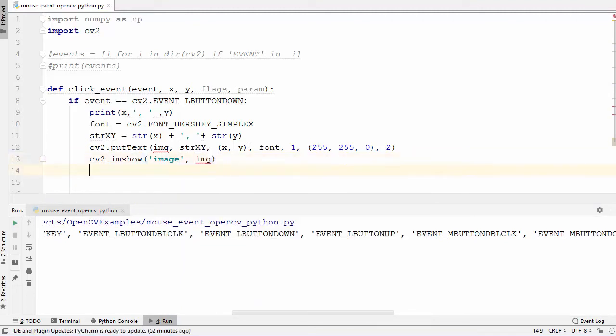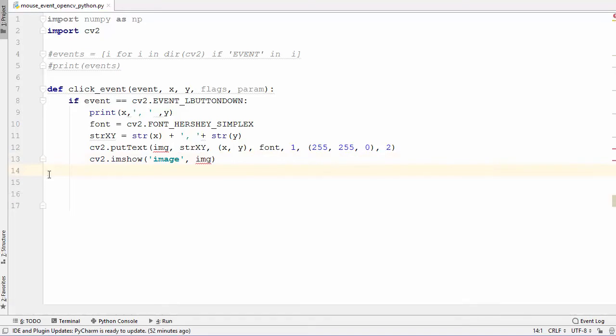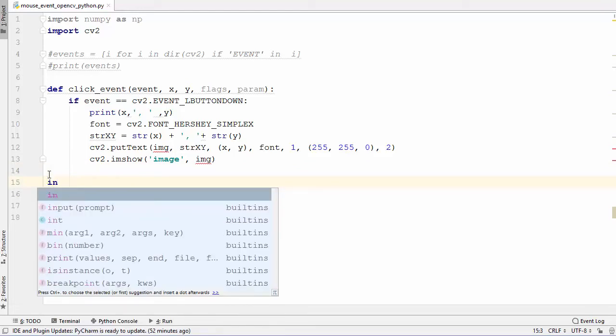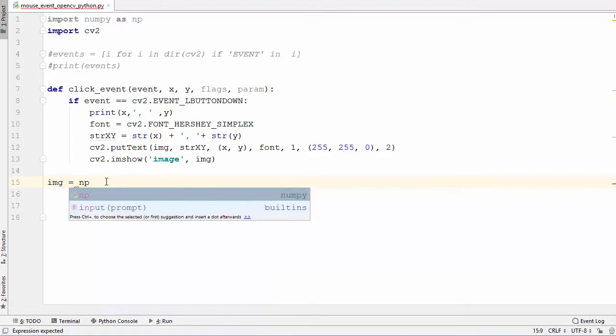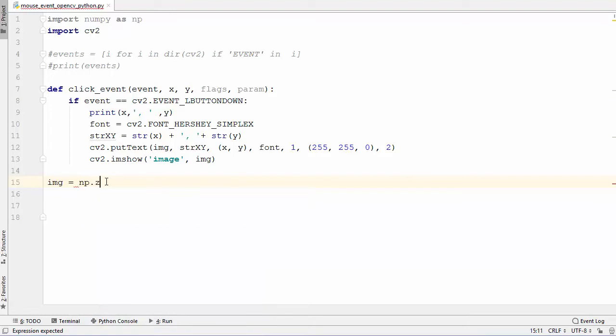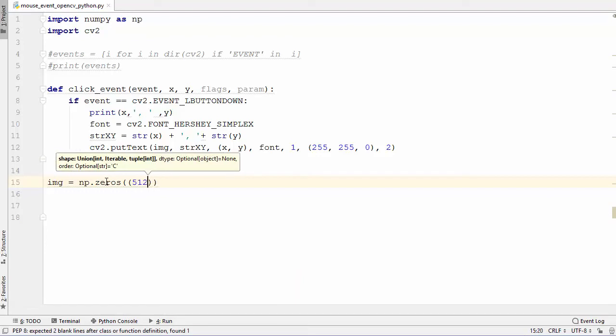So right now this is showing error to us, but when we will call this callback function using a standard function called setMouseCallback, then this error will go. So I'm going to define the img variable first of all, and let's say we want to create a black image using numpy. So we will call np.zeros method here. So np.zeros, and the size of this image will be 512 comma 512 comma 3, and the data type will be